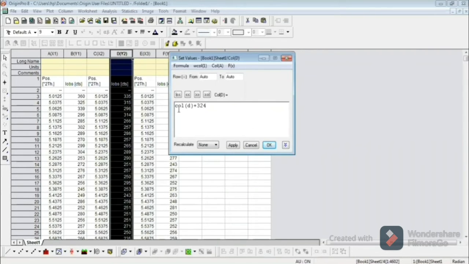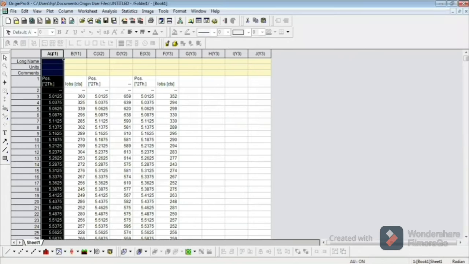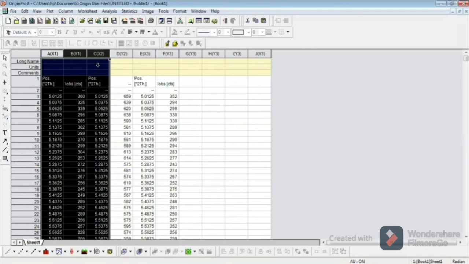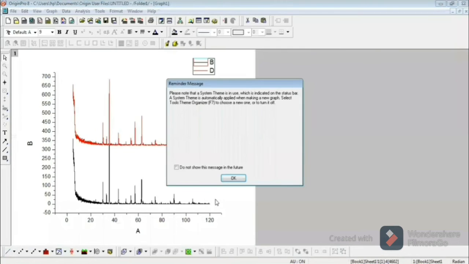Column D plus 324 should be added to start this graph from the top of the first graph. Now we click okay, and then plot the two graphs simultaneously. Select x1, y1, x2 and y2 and then plot it. Just see what will happen.